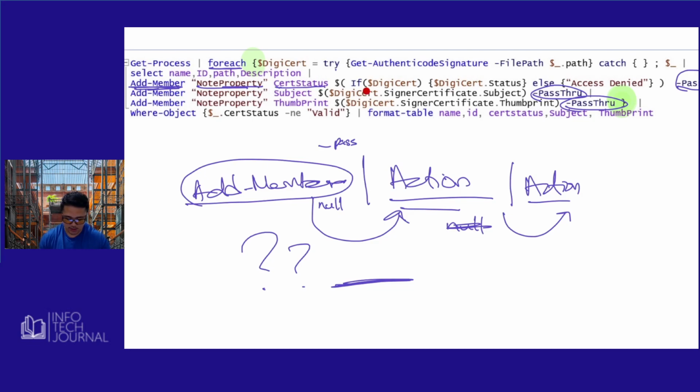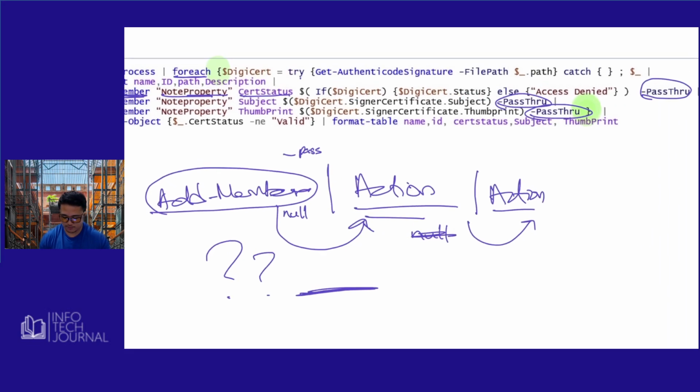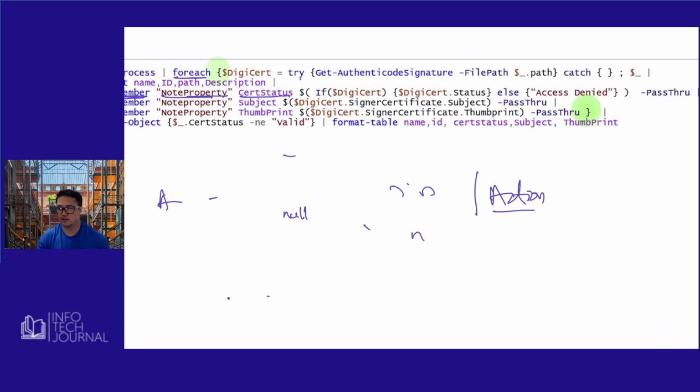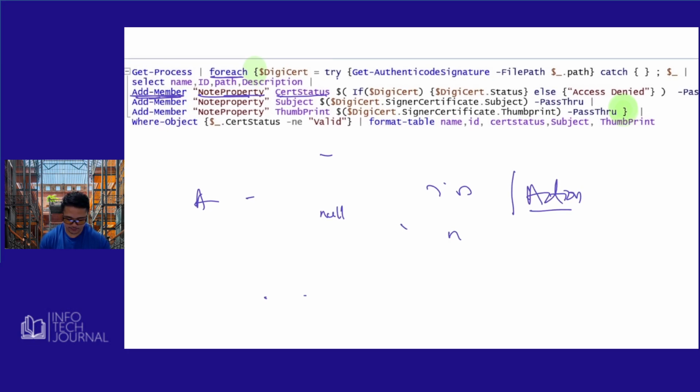That is the if statement that is being performed here. Don't forget that we have pass through, just to make sure that we're not sending nulls to the next pipe execution or the next activity. So the next activity here is we're gonna say, and again we're gonna say add member,